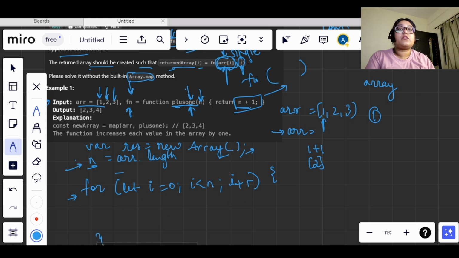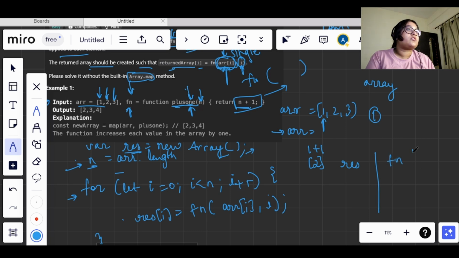Now we need to perform the transformation, and each transformation, whatever is done, should be reflected on the new array. In order to do that, we have to pass the initial array to the function as it is, which is provided here. And this result should get the value in it. Now what we are basically doing here is, if we have this result value and we have here the function, now we are on the 0th index, i is equals to 0.